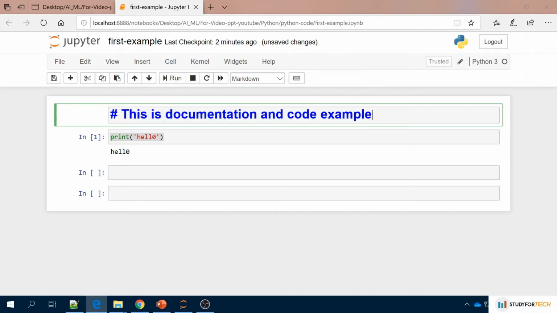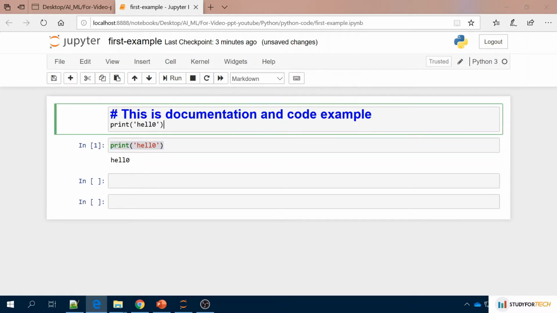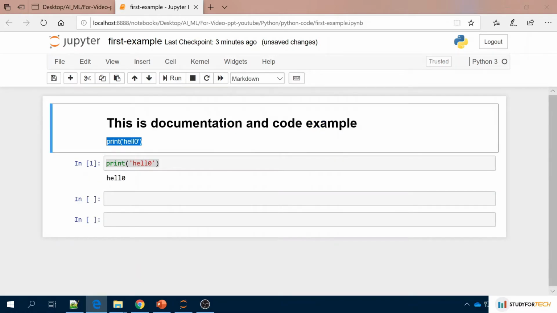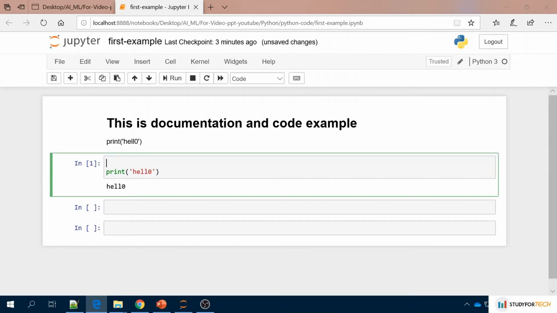If you run this, it will look like that, and you can remember what code and what logic you have written. You can also write comments in the code cell. If you want to write a comment, use a hash.